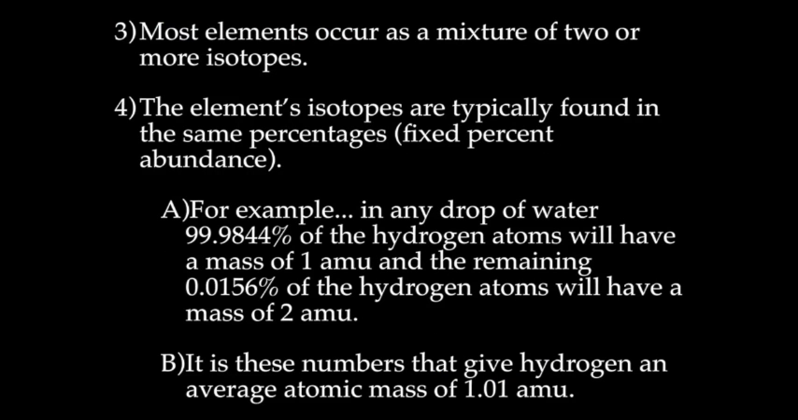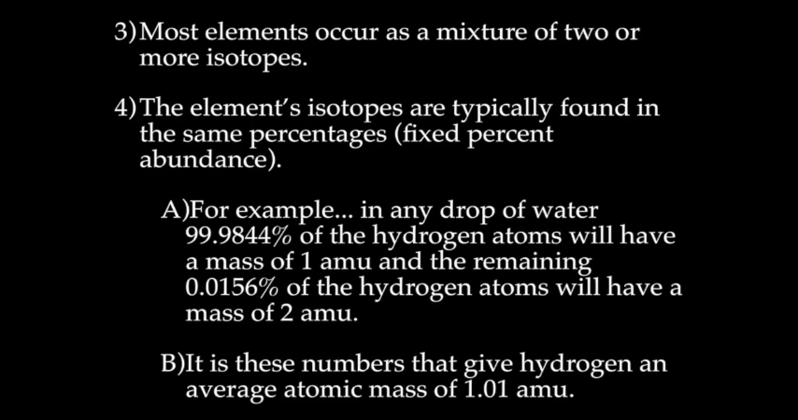So the masses on the periodic table, again, are what we call weighted averages. Most elements occur as a mixture of 2 or more isotopes. Again, an isotope is an atom that has the same number of protons but different neutrons than its other like atoms. So the isotopes of an element are typically found in the same percentages, also known as fixed percent abundance. So for example, if we were to take a drop of water from anywhere, from the lake and the ocean, from your sink, from my sink, from the classroom sink, from wherever, in any drop of water,